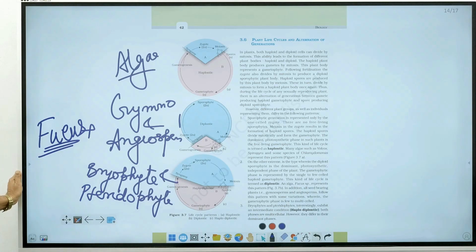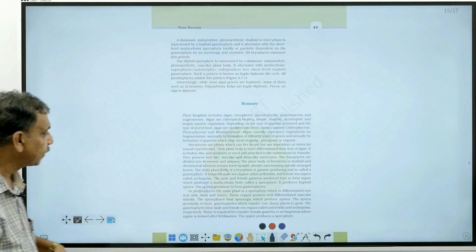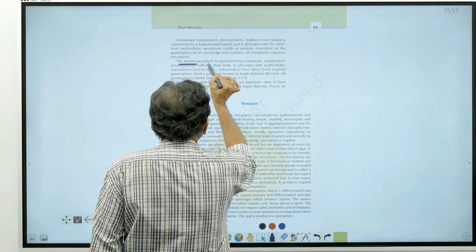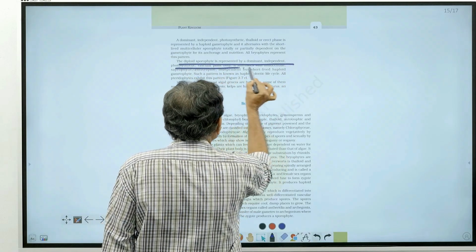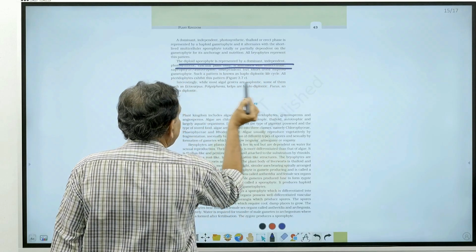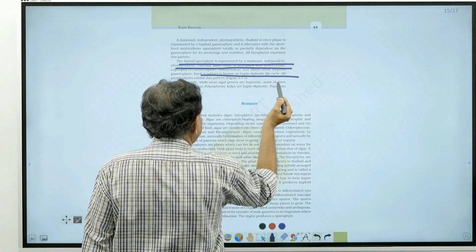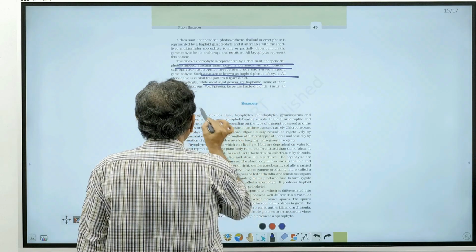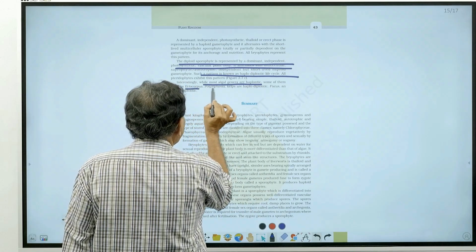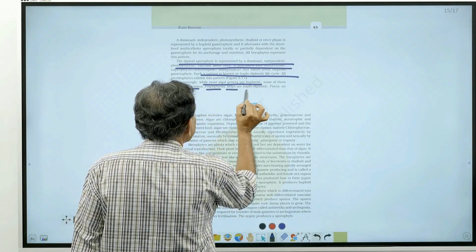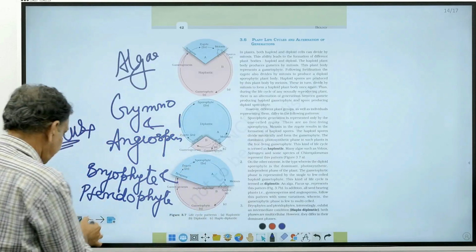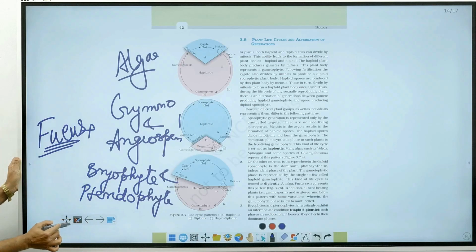Polysiphonia, you will find here. In this case, let us see this. You can see here the diploid sporophyte is represented, dominant, independent, photosynthetic. You can see that haplodiplontic condition. Now you can see most algal genera are haplontic. Some examples, Ectocarpus and Polysiphonia, are haplodiplontic. Haplodiplontic is shown by bryophytes and pteridophytes plus